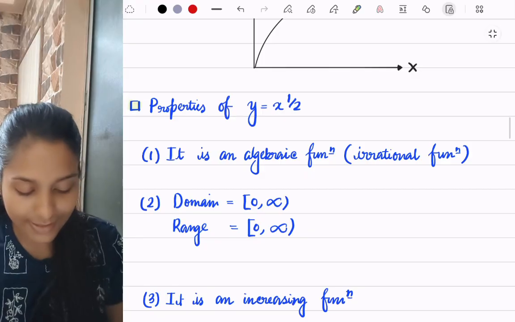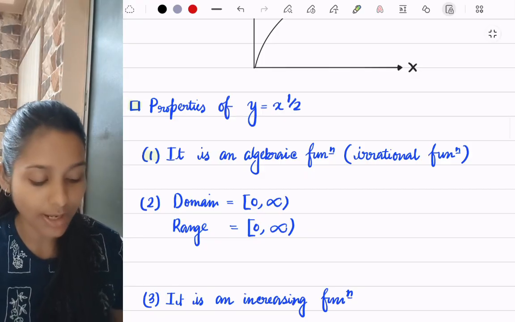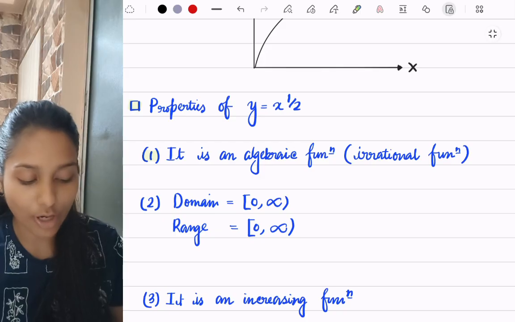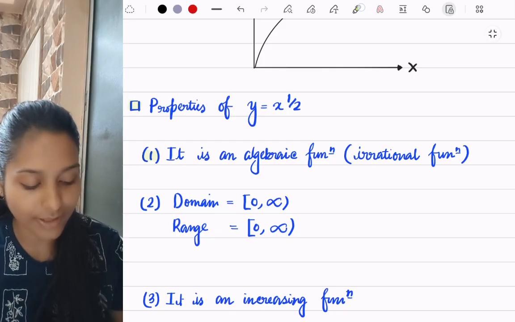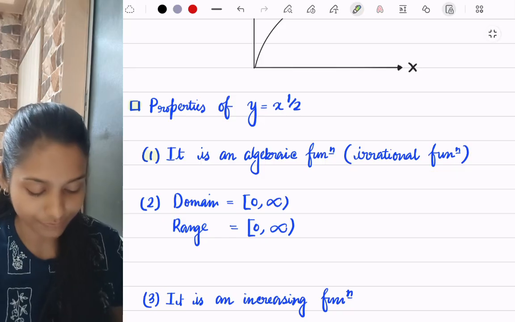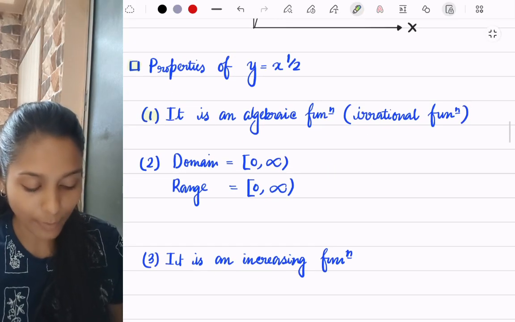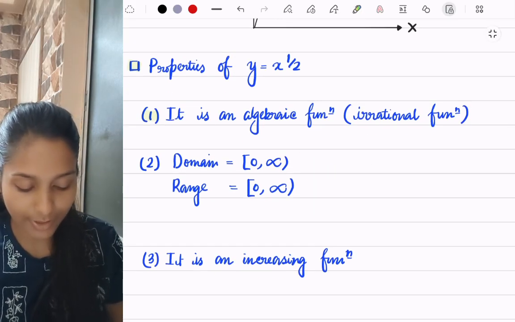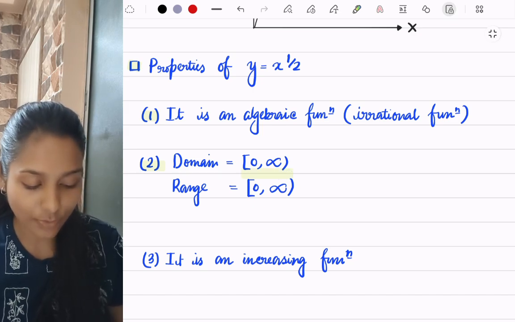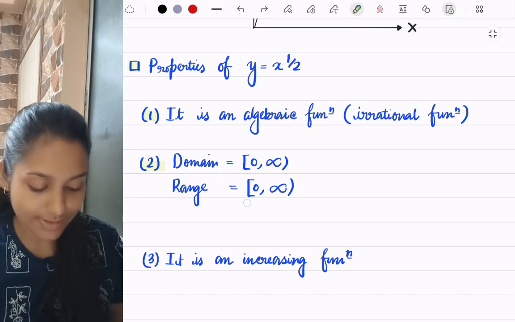So obviously it is an algebraic function, and moreover it is an irrational function, as x power half, x power 1 by 3, these kinds of functions are called the irrational functions. Next is domain and range. So here we can see that the domain is 0 to infinity as well as the range is 0 to